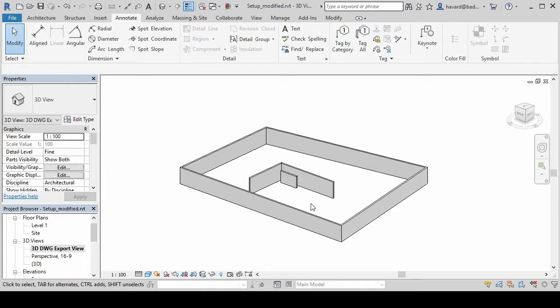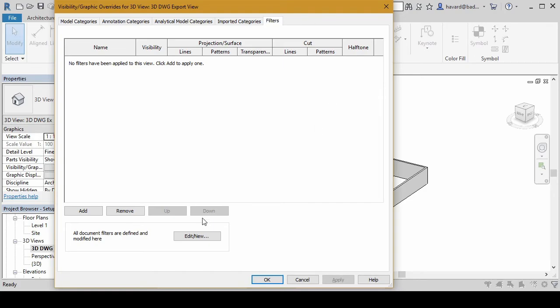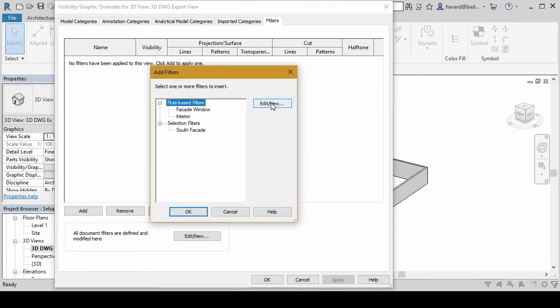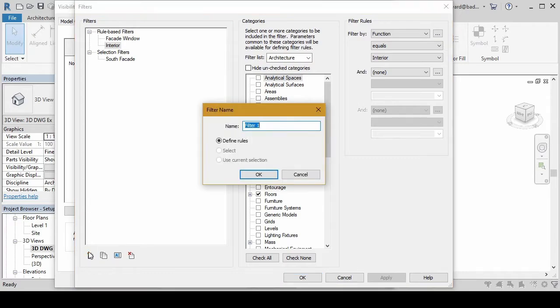So I'm going to set up a pretty simple setting. If you have a work shared Revit file, you can do this with work sets. If you don't have a work shared Revit file, you can do this with view filters. So I'm going to create view filters inside this 3D DWG export view that's going to turn off that box so it doesn't get exported back into Rhino. Double click on the keyboard key single V, go to filters. I'm going to add a filter by using edit new filter.